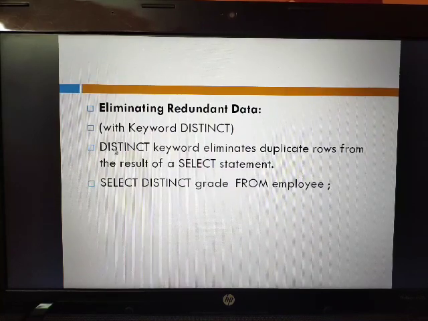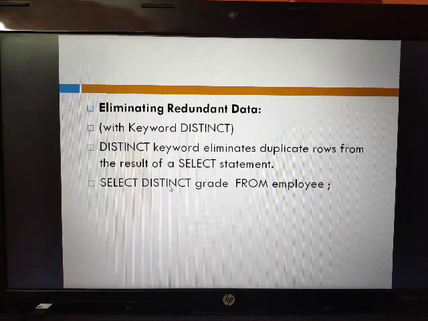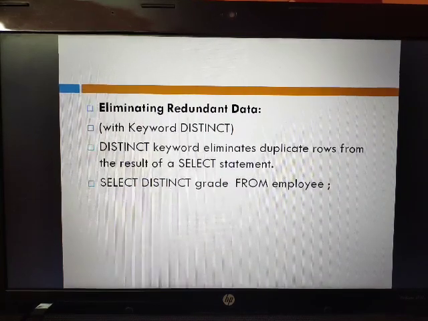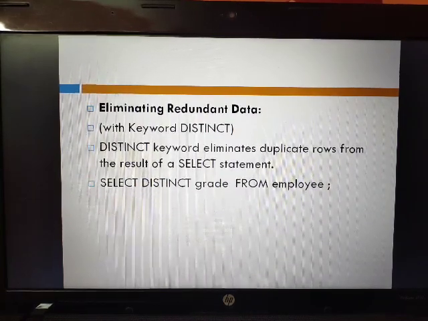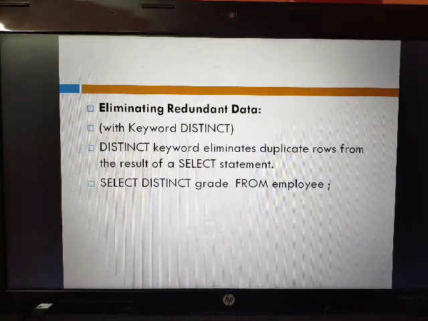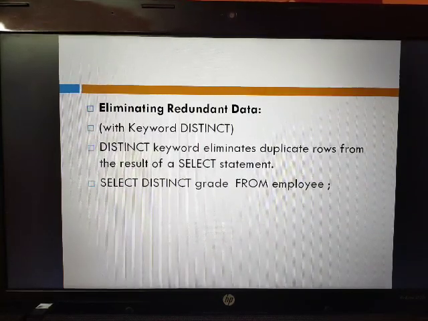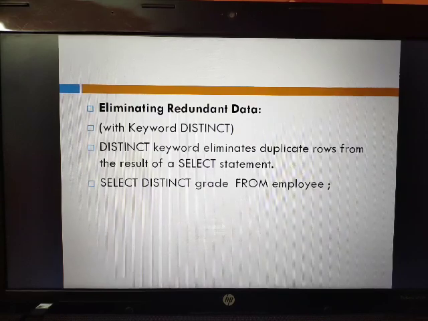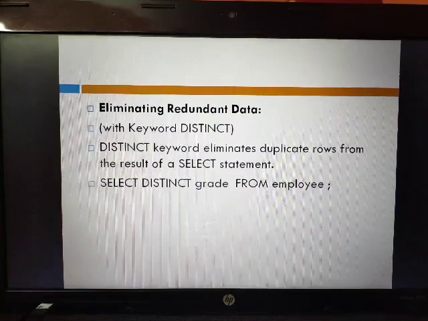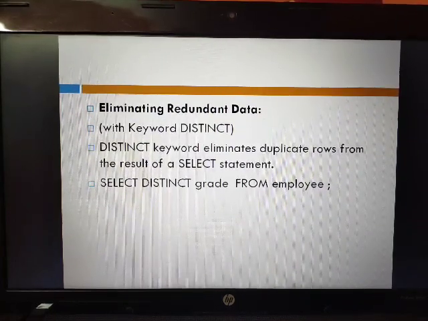The important thing here is this: using the distinct keyword, we are not removing data from the tables originally. Using the select command, we are only showing that data in front of the display monitor or screen. Otherwise the data is stored in its actual format, whatever we have inserted; that will not change using select. Only the distinct command will eliminate data when we are displaying that data.